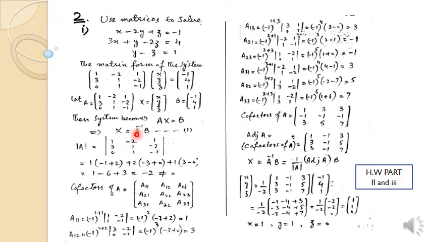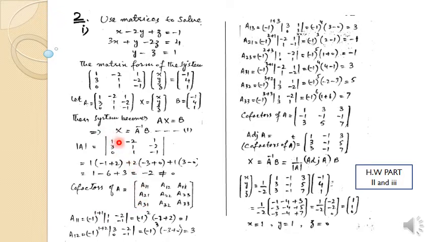Here we just give a review. Students, for A inverse, firstly we have to find the determinant, and the determinant must not equal 0. Because if the determinant equals 0, then when we put it in the formula, it becomes infinite. So it is a necessary condition that the determinant must not equal 0. What is the formula of the cofactor of A11? First we find the determinant for A11, then A12, then A13, and similarly A21, A22, A23, and then A31, A32, A33.